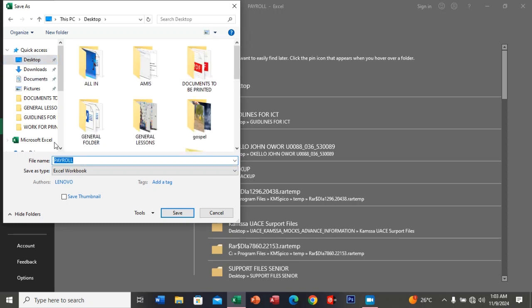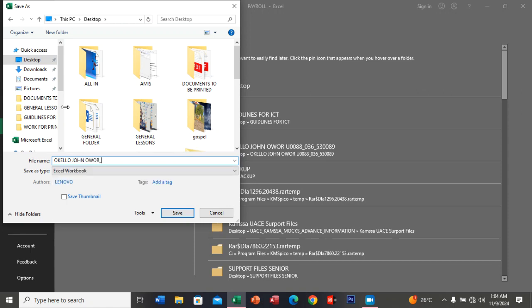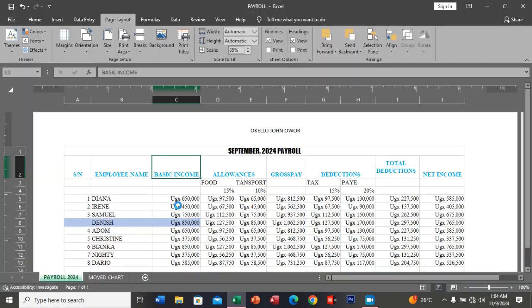Then here I'm going to put my file name as my name with personal number. Okelo John Owor. Then I press shift key dash 508. Then I will say save. The file name will change to Okelo John Owor dash 508. That is the file name. So this file name here,